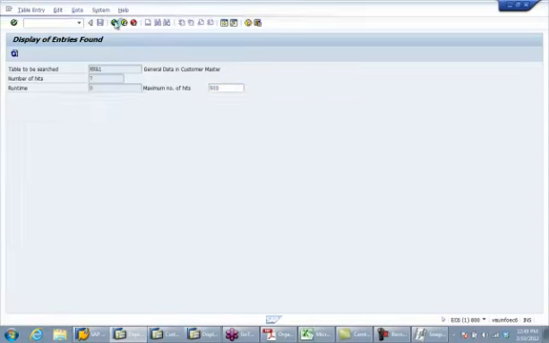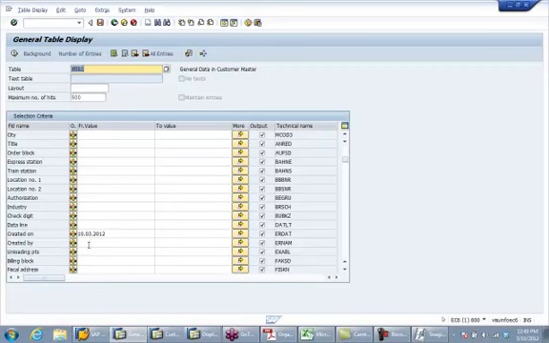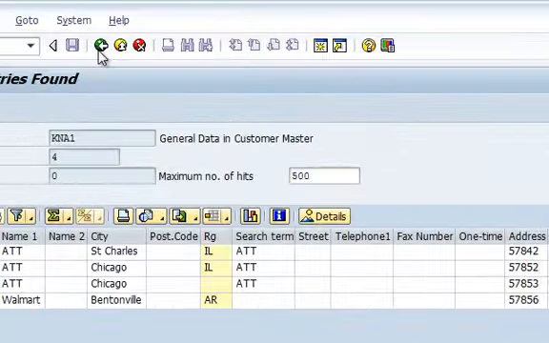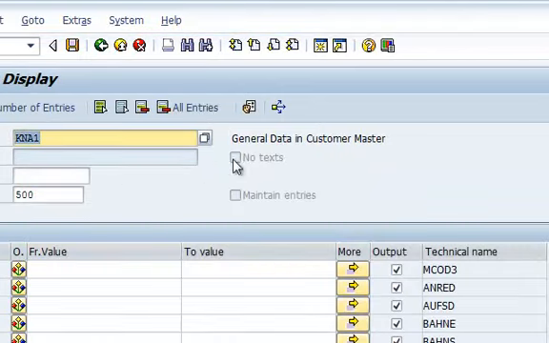So I want to check all the customers that are created by me today. My user ID is 194. So if I enter my user ID, it will give me all the customers that I created today. Okay, so this is the database table for general data,